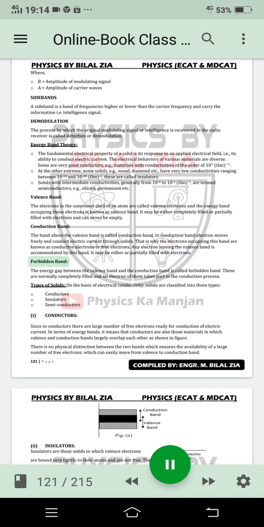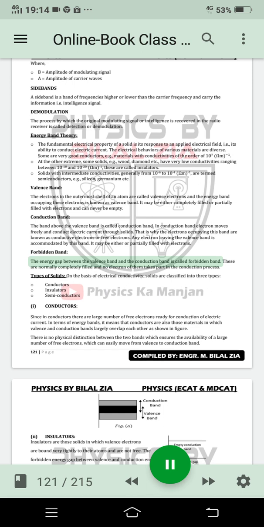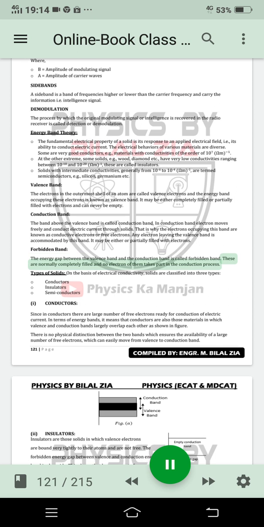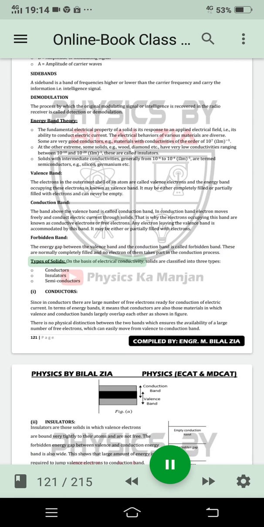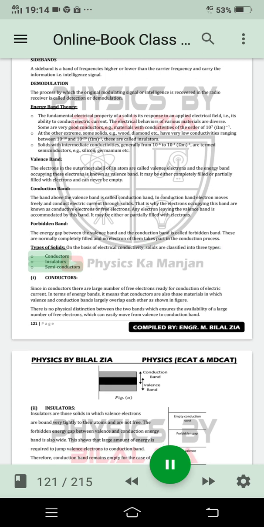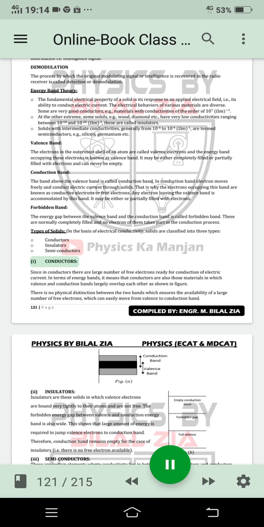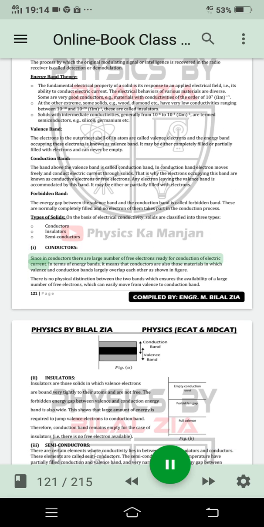Forbidden band. The energy gap between the valence band and the conduction band is called forbidden band. It is normally completely empty and no electron takes part in the conduction process there. Types of solids. On the basis of electrical conductivity, solids are classified into three types: conductors, insulators, semiconductors. Conductors. Since in conductors there are large number of